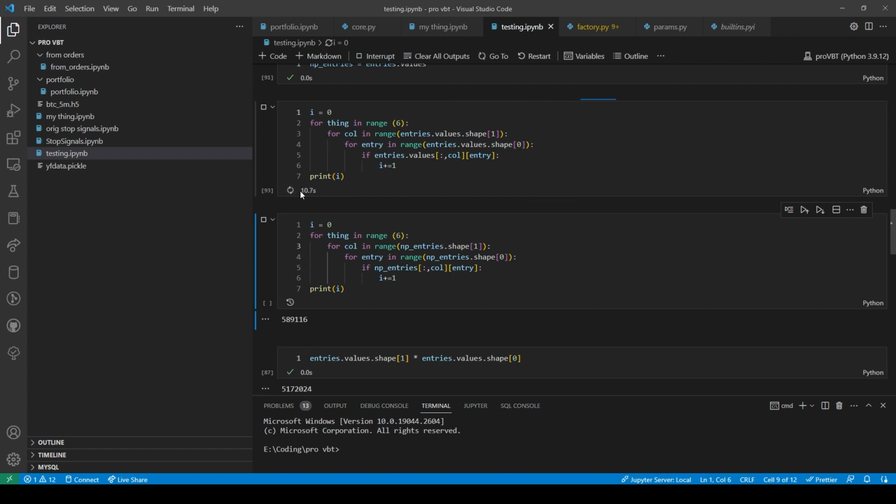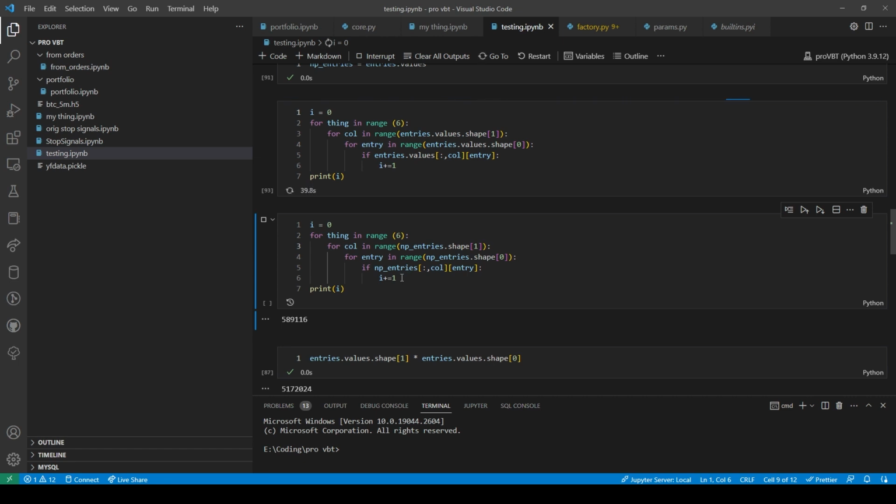I think this one's going to probably take an entire minute. But the fact that this goes so fast is really good because that means that we can test a ton of stuff very, very fast.